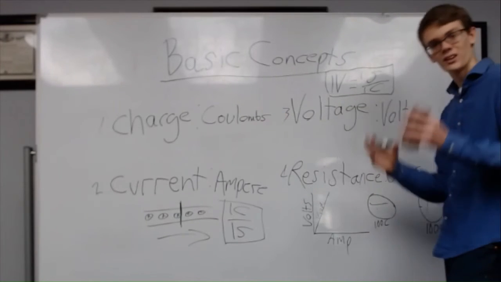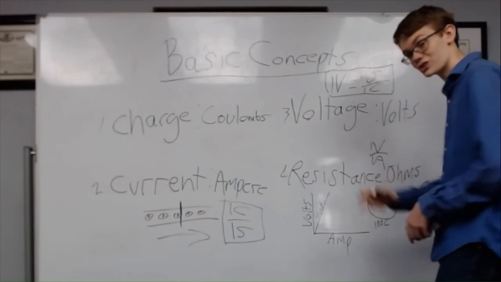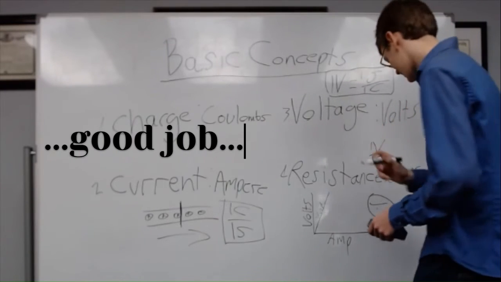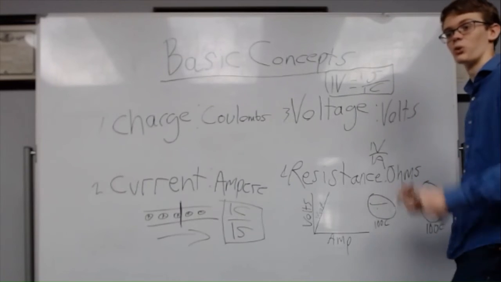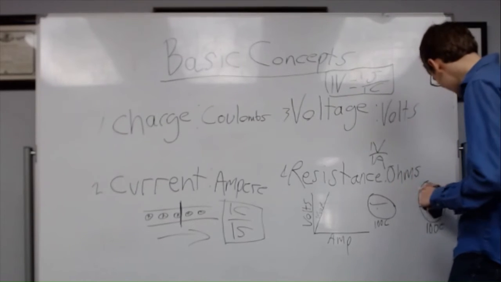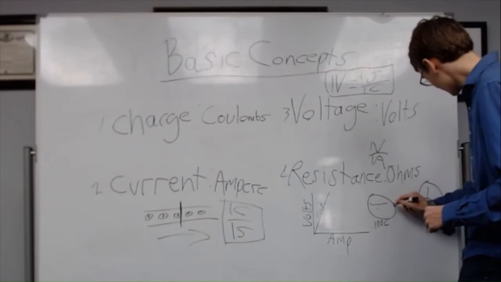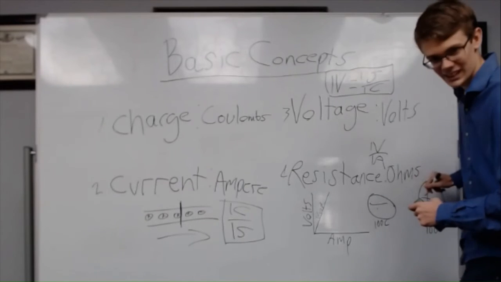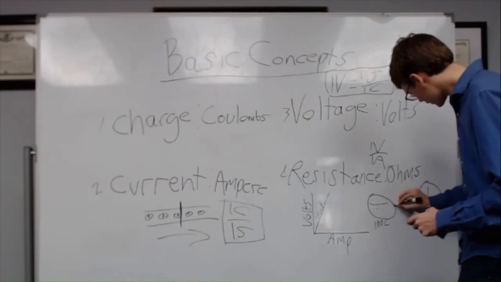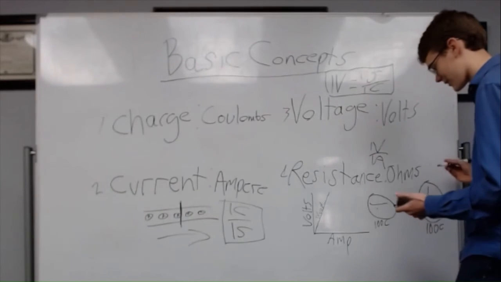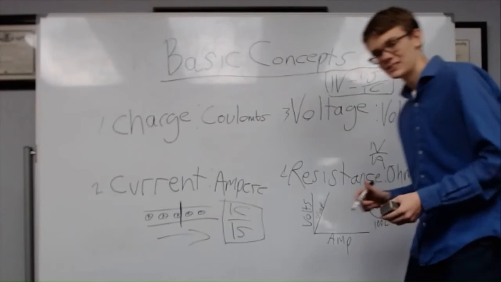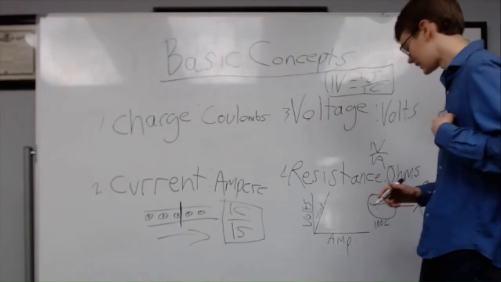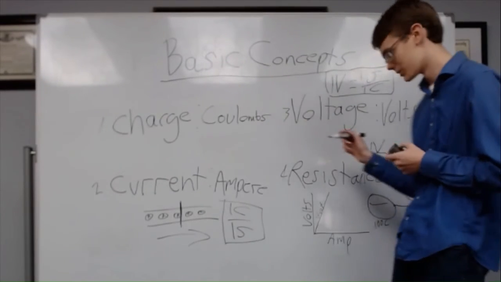Remember, like charges repel, opposite charges attract. If there are a lot of opposite charges, there's going to be a really strong attractive force, and it's going to find a path to get across. But if you have something that conducts electricity, that allows the electron to pass through more easily,